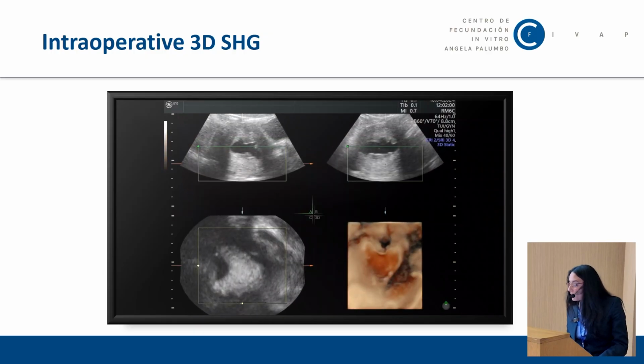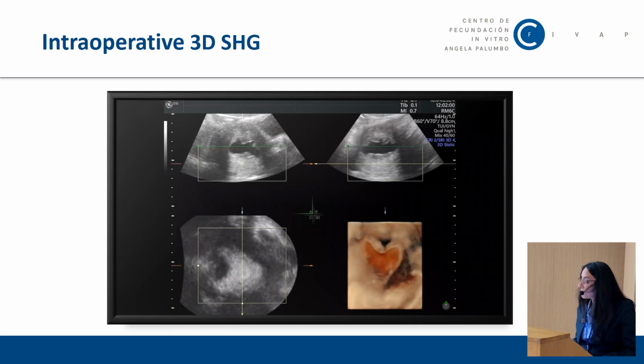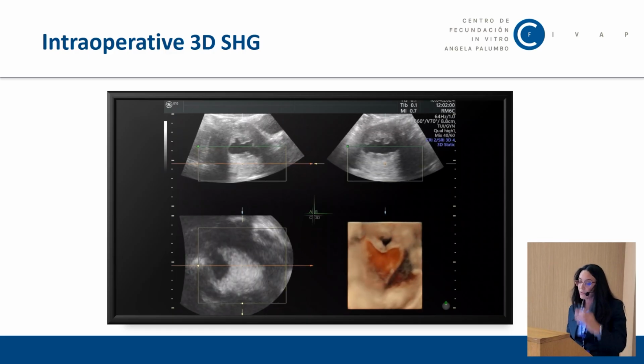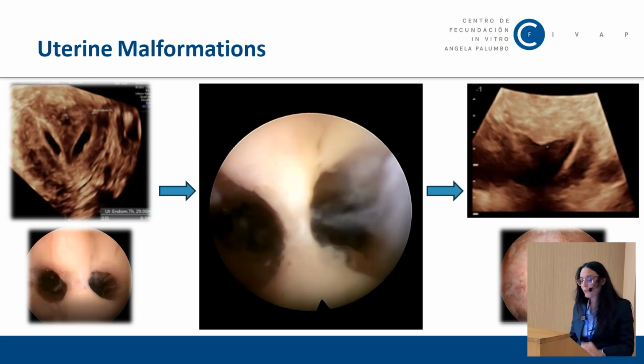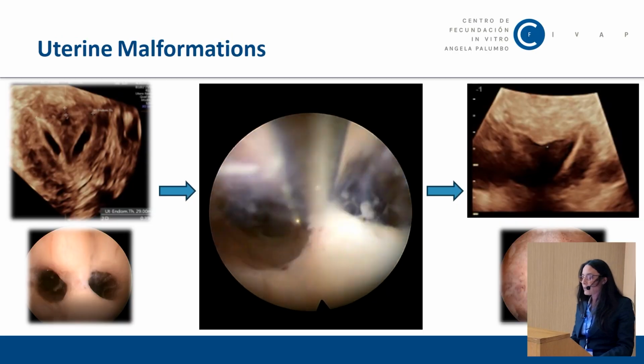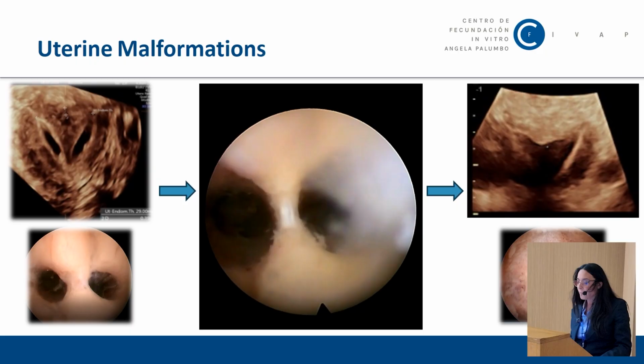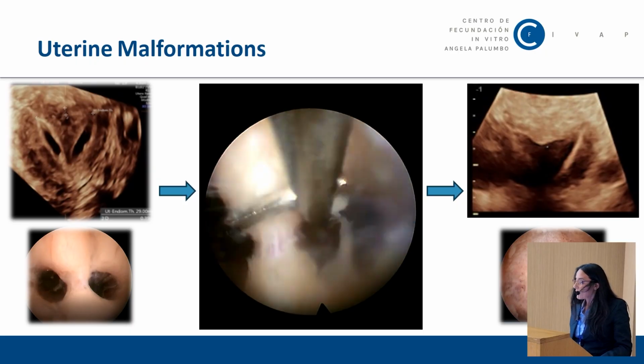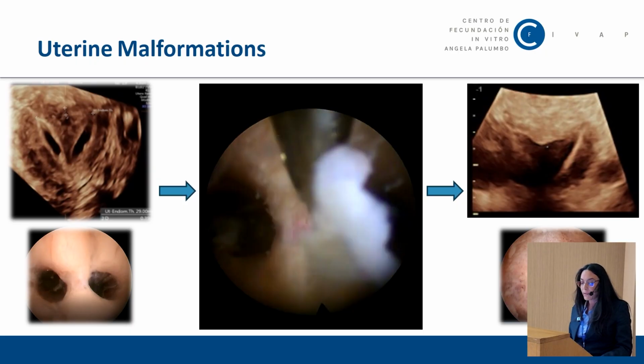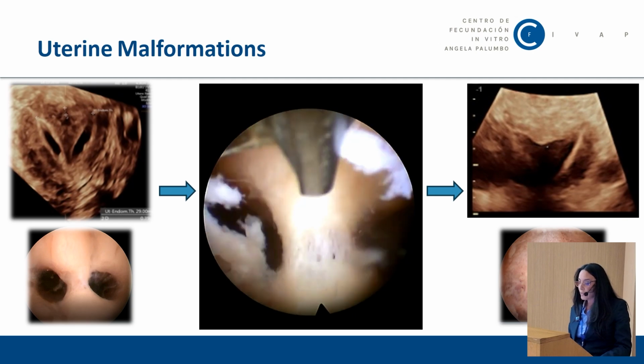I will now present some videos of different cases. The first is the case of uterine malformation. This is a case of a complete septum. The ultrasound guidance, and especially the 3D ultrasound, we see